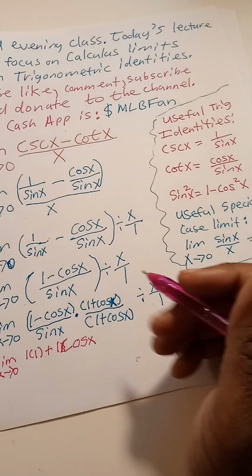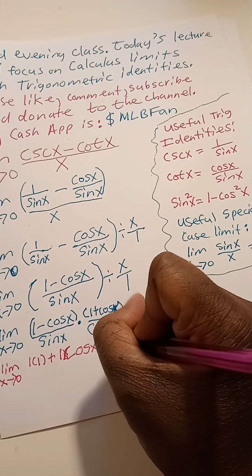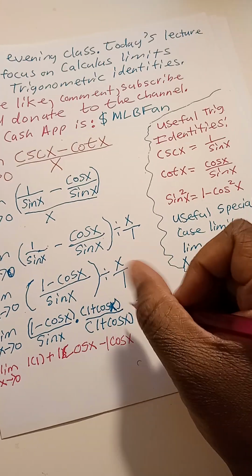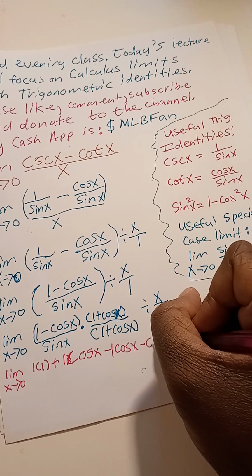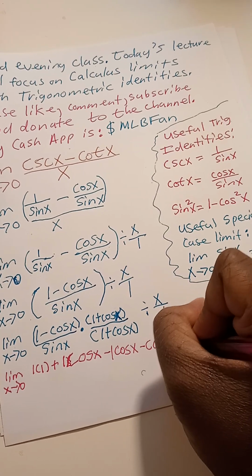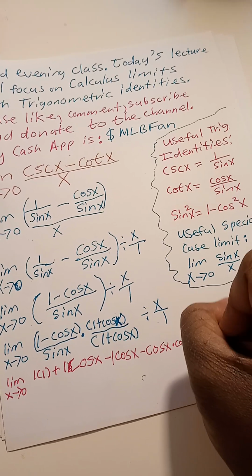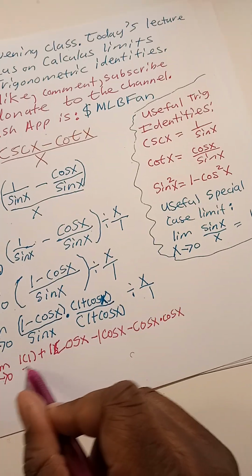Then you have the inner version of the FOIL as well, and then minus 1 cosine of x, and then minus cosine squared of x, which comes from minus cosine of x times cosine of x, and we'll simplify that in the next step, all divided by